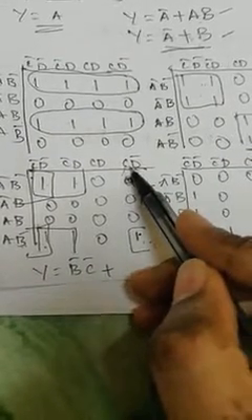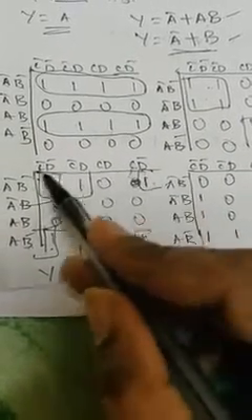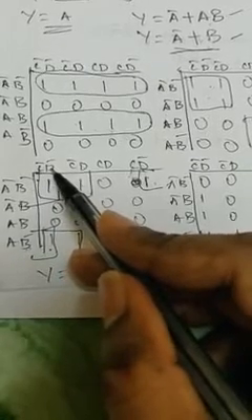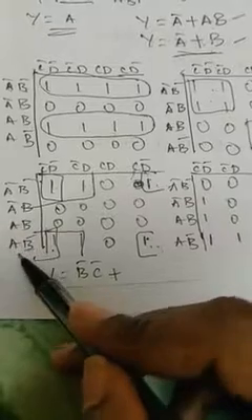Now look at these 4 edges. This is one more quad, right? 4 edges means take this one into consideration, C D bar and C bar D bar. So C bar C cancels, D bar remains. Okay, take this one and this one, A bar B bar, A B bar. A bar A cancels, B bar remains. So B bar and D bar will be the answer for this.